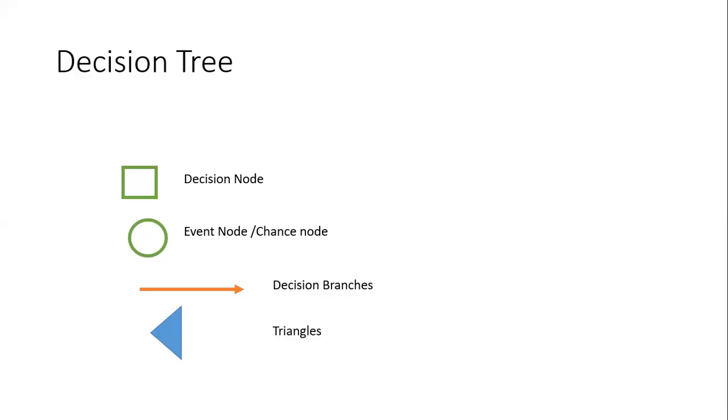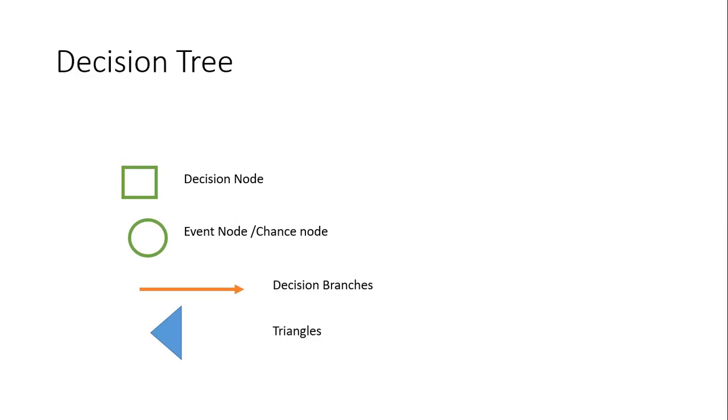Decision tree: this is a model of sequential decision problems under uncertainty. As you know, because of uncertainty, we have to make a decision tree. This is a visual representation of the expected outcome, of the expected result in future. So under uncertainty, these future events are prepared in a decision tree. We want to achieve the goal with the best result. That means with good profits, we want to start a project.